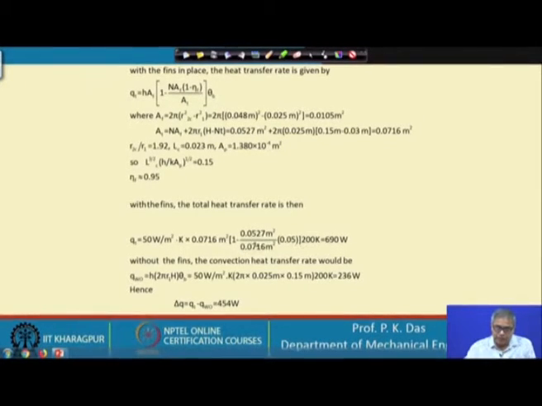All this formula you can see, and with this we can determine the total heat transfer, and the total heat transfer is actually in this case 690 watt. 690 watt will be the total heat transfer